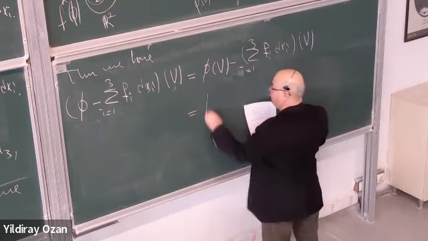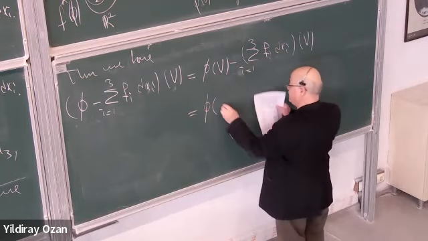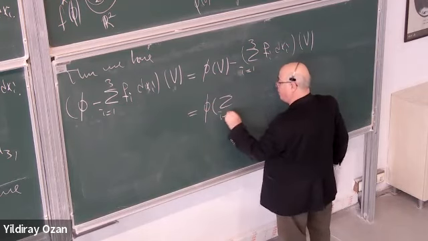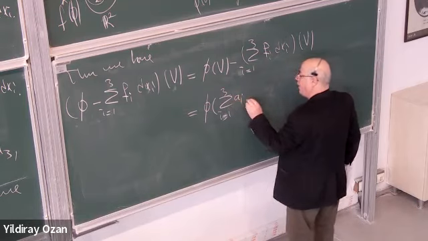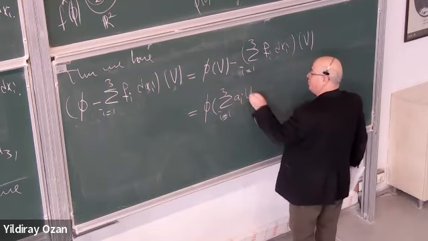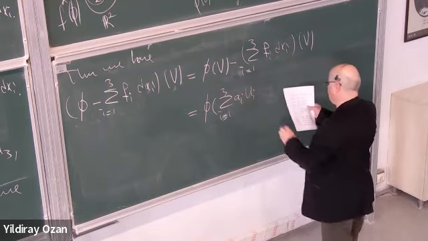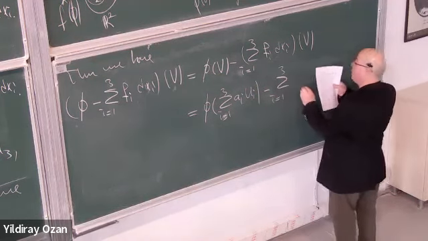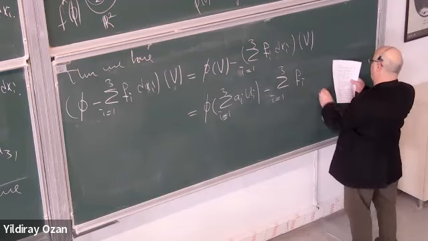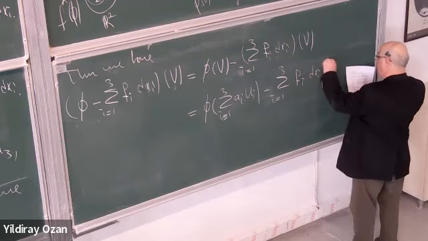Well, phi of what? What is this? This is just the sum i from 1 up to 3 of ai, these functions, times ui, minus summation i from 1 up to 3 fi dxi,